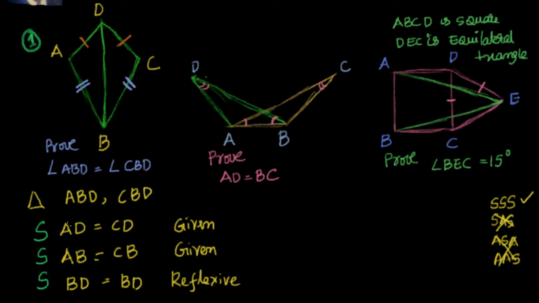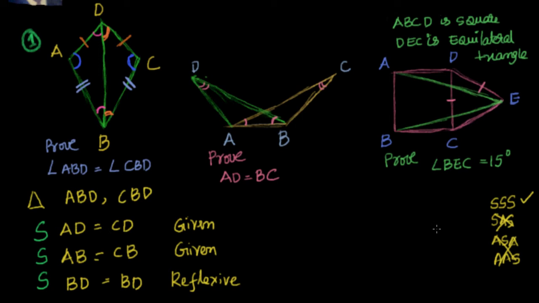So now what do I have to prove? What is the meaning of this? If I proved it by SSS, all the corresponding angles are the same. That means this angle will be equal to this angle, and also this angle will be equal to this angle, and also this angle will be equal to this angle, right? Now once we have proven with SSS, by the SSS postulate these two triangles are congruent.